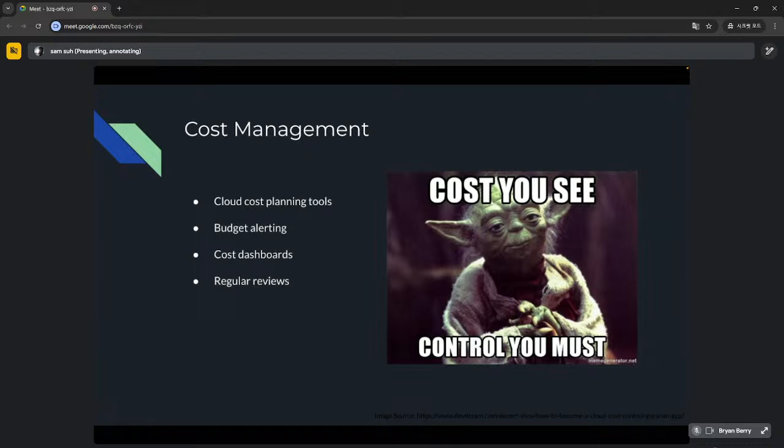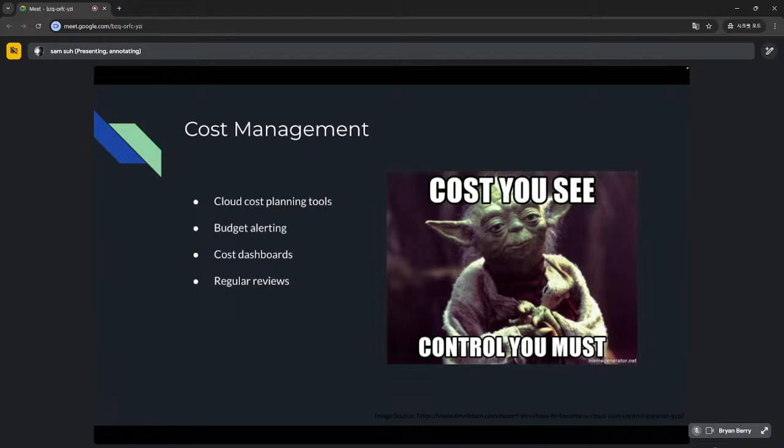Cost management. I know you guys have definitely seen the cloud provisioning planning tool. I think that's good, but it's also not super accurate. You don't know what you need most of the time. Like you don't know how big of a server you need. And so I think budgeting is probably one of the better ways to do it. Just to say, I'm going to have up to like $100 a month or whatever. And I think that is a more reasonable way to do it if you have the budget for it.